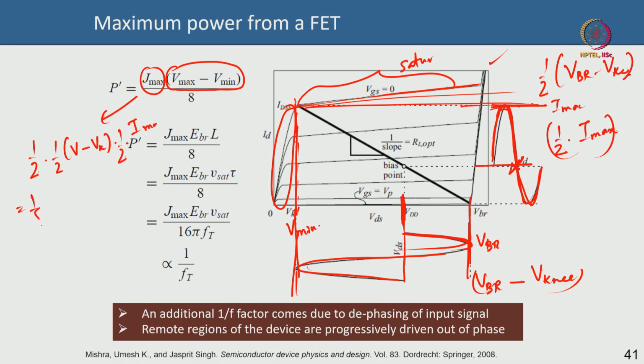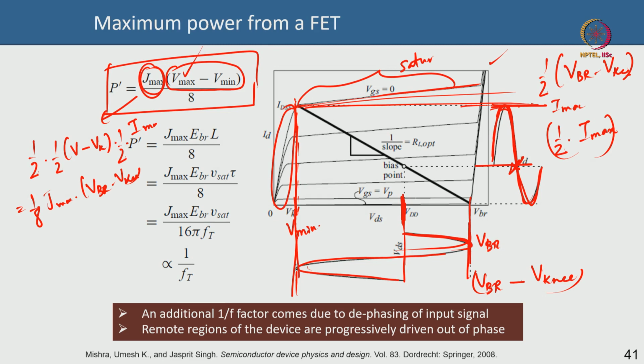This gives you 1/8 times the maximum current times the breakdown voltage minus V knee, or V maximum minus V knee. So, this is the maximum power you can get from a given material, from a given device at some frequency. The frequency is not specified here, but with higher frequency this will only come down. That is why your breakdown voltage has to be very high, your knee voltage has to be very low, and your current density has to be high, then your output power is going to be high for a particular